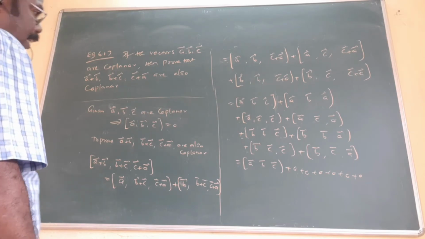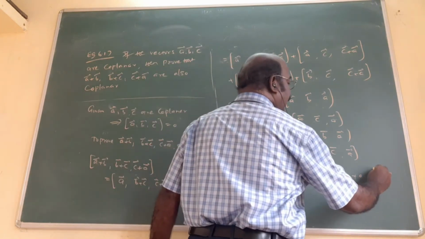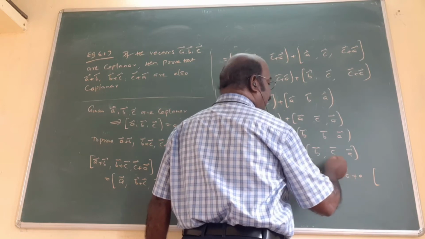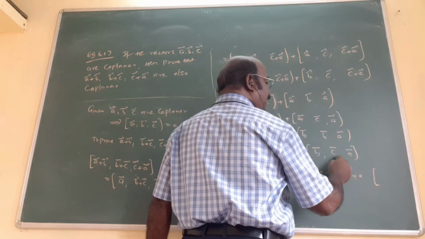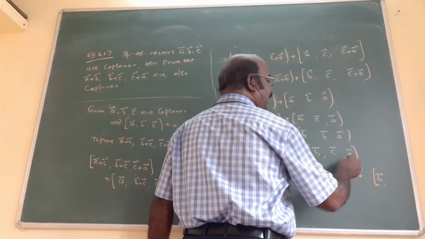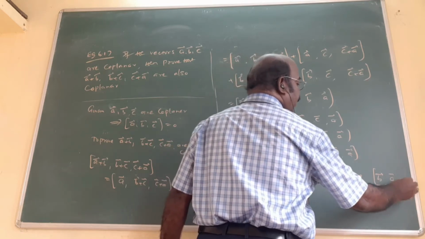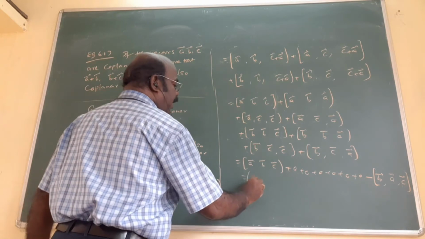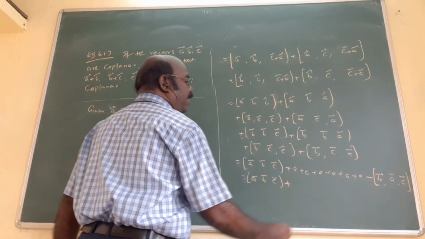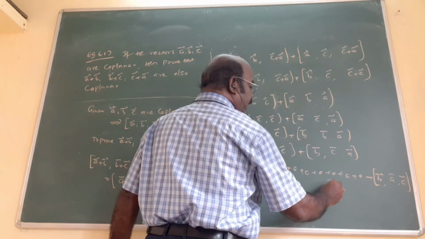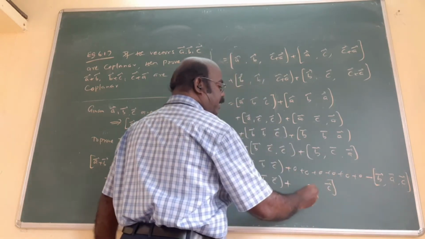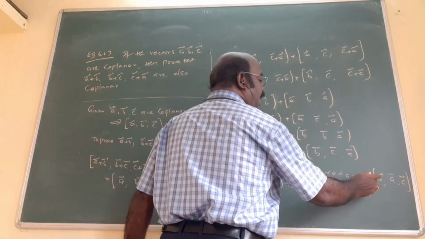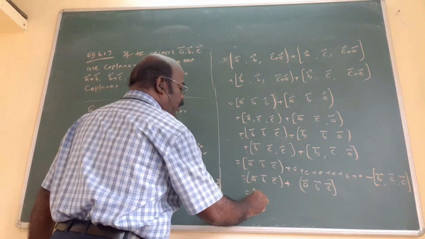Make the answer. First, C is fixed here, or otherwise this will change. What do we get? B is fixed here. C and A interchange. Now here A will come, here C will come. Now automatically minus will come. Once again, A, B, C is there. Plus, once again, the last is no change, C. But B, you want to interchange. Here A, here B will come. Automatically, one more time the sign changes. Already minus, so plus will come. Now, 2 times A, B, C.